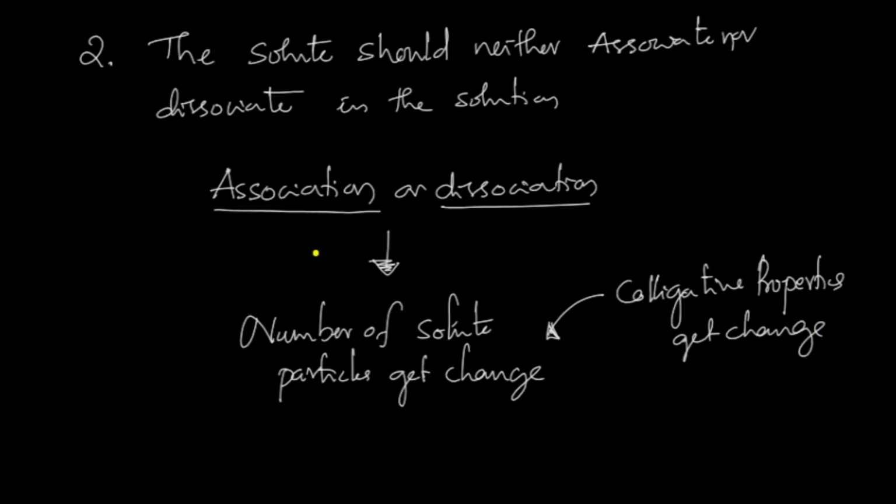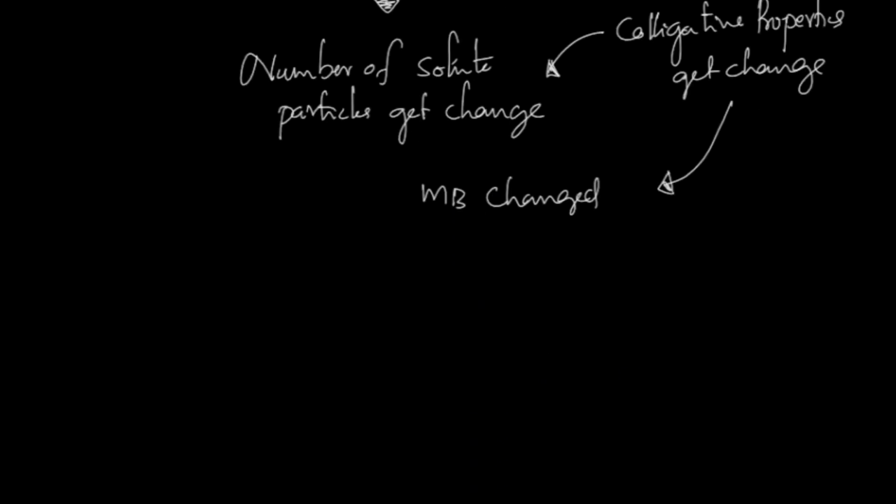They are interrelated. Association or dissociation gives a change in the number of solute particles in a solution, and that leads to a change in the colligative property. Because of this, the observed molecular mass determined by the colligative properties differs from the theoretical value. It means the molecular mass MB of the solute gets changed, and an error occurs here. Now we'll take particular examples and discuss abnormal molecular mass on account of dissociation.